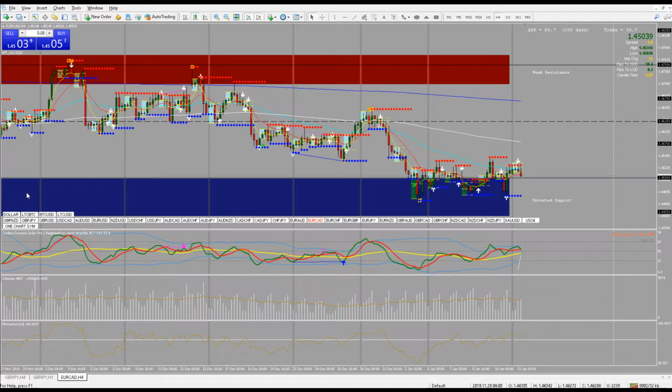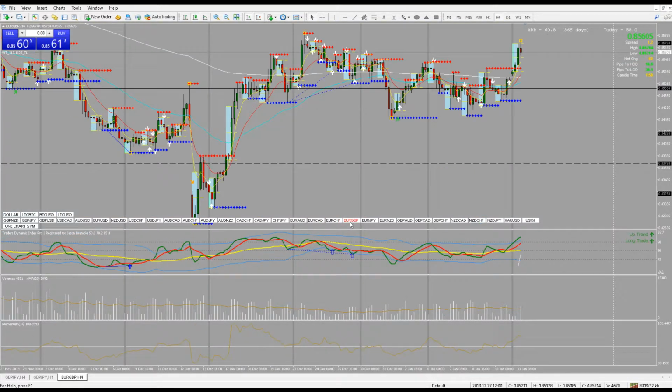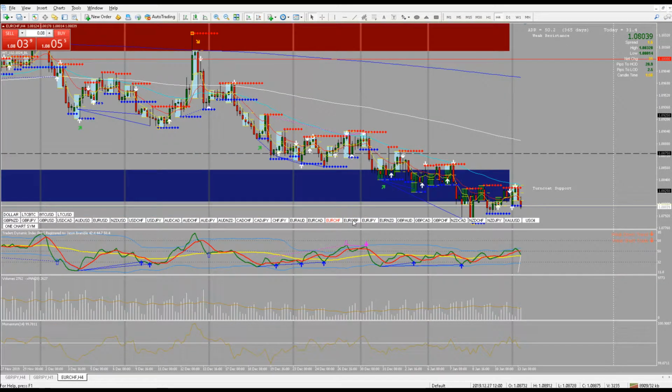Dollar index, Litecoin versus Bitcoin, Bitcoin versus the dollar, Litecoin versus the dollar, and then these pairs here. I'm not going to go through all of them. I have my reasons for trading these pairs, and if you're in a group, you know why. If you're not in a group, I want you to join the group and learn. I was able to just skim through, I didn't finish. Euro Swiss,